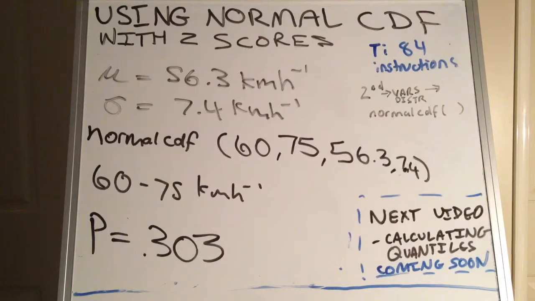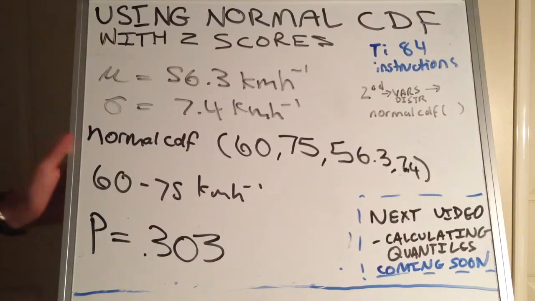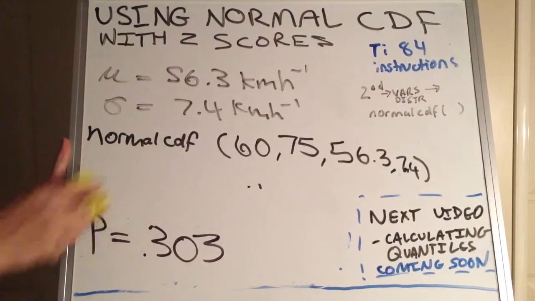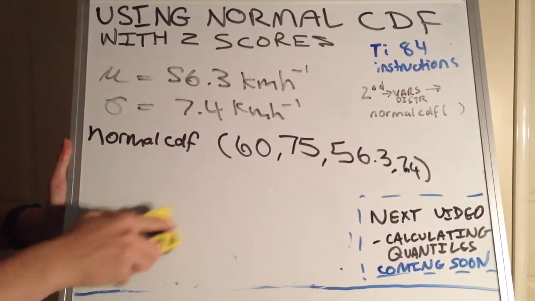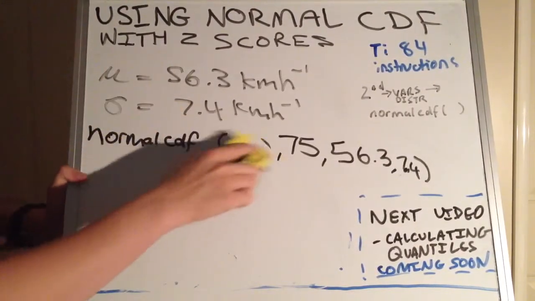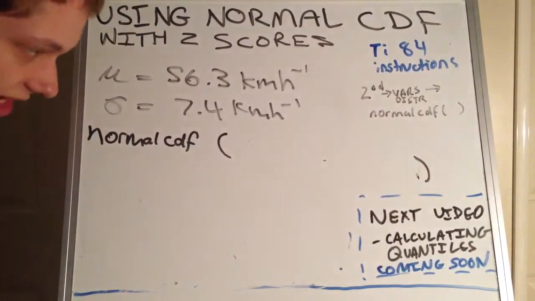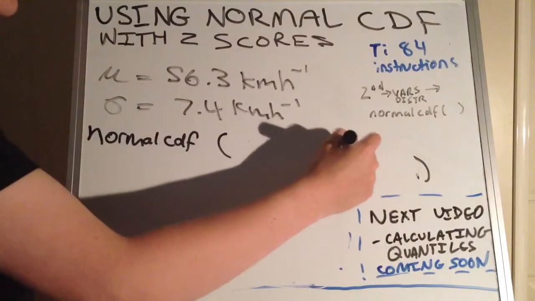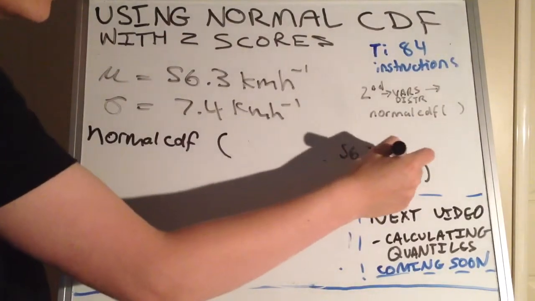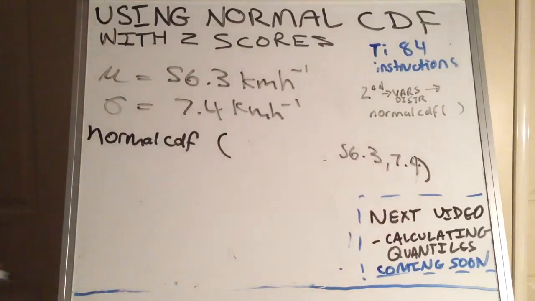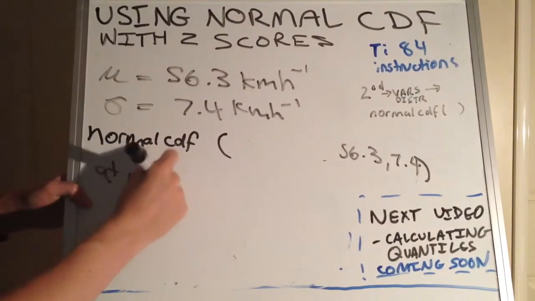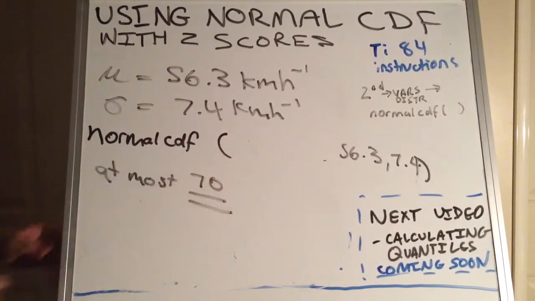So the next question asks, what is the likelihood that it is travelling a maximum of 70 kilometres? So again, another contextual problem, still with the supermarket and looking at the cars, but we need to fill in our brackets differently. Of course, the last two values haven't changed because we're still on the same problem. So we know that our mean is going to be 56.3, and our standard deviation is going to be 7.4. So now we know that the normal CDF, because it has to be at most 70, we know that 70 kilometres per hour is going to be our upper limit